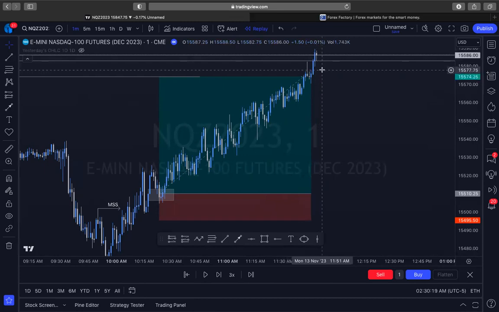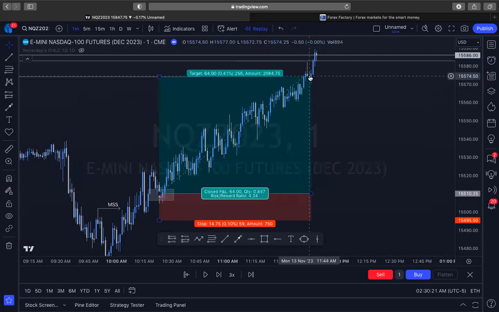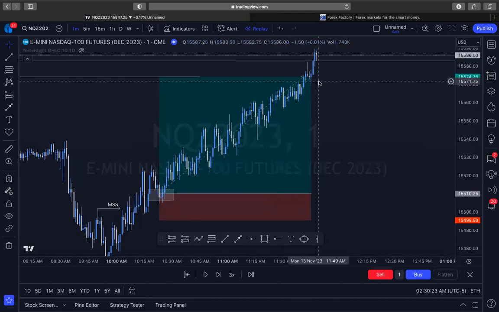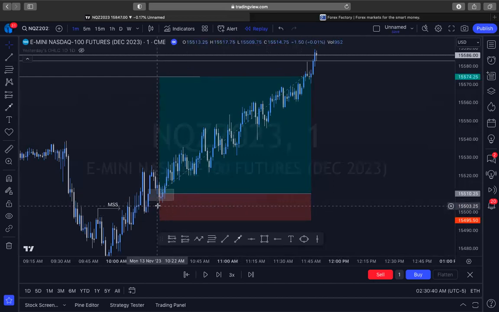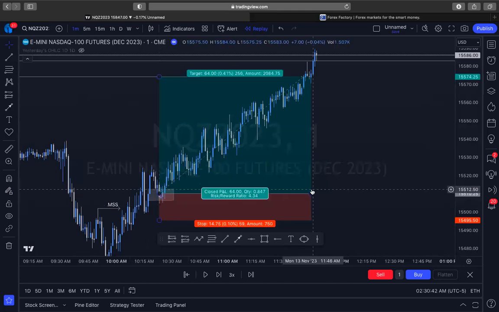I didn't continue trading that day or watching the market, because once I take profit, I want to be done. I don't want to go back and give my money back with another trade, right? Again, we're trying to conserve capital, and as a trader, that should be your number one concern. So this trade, I entered it at 10:23, and it hit take profit at 11:45. So roughly about an hour and 20 minutes, right?